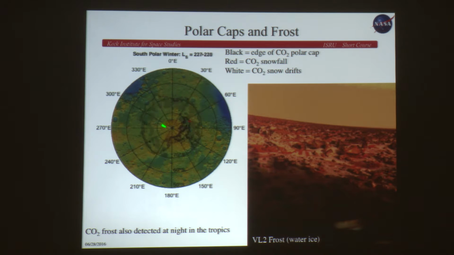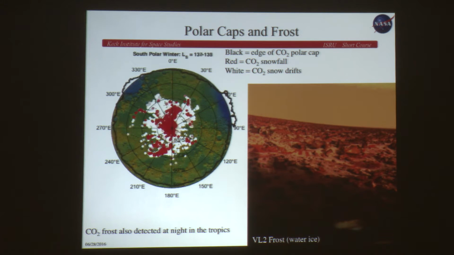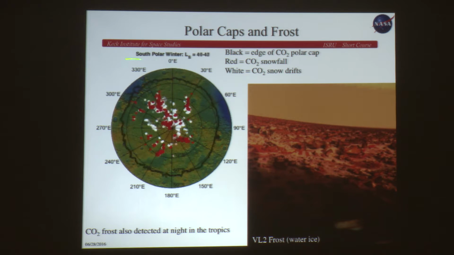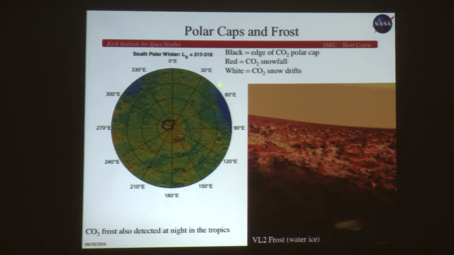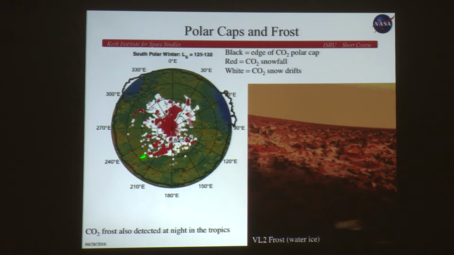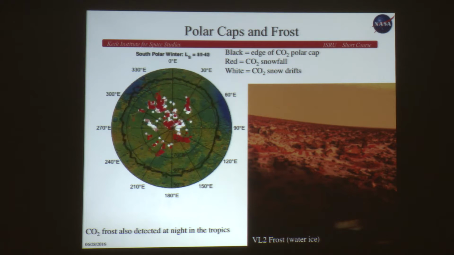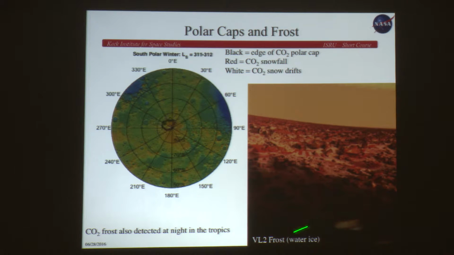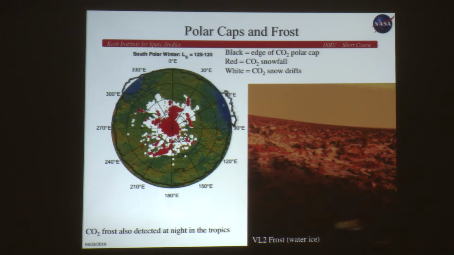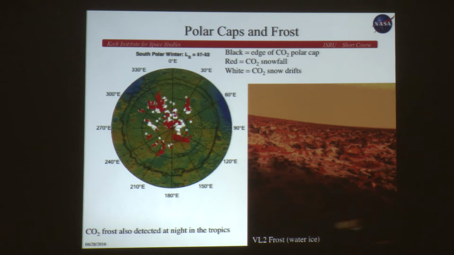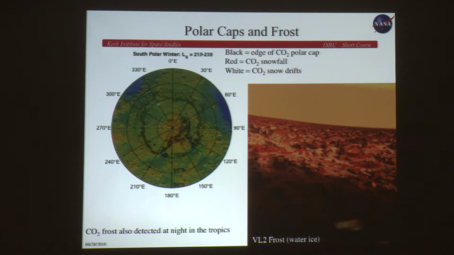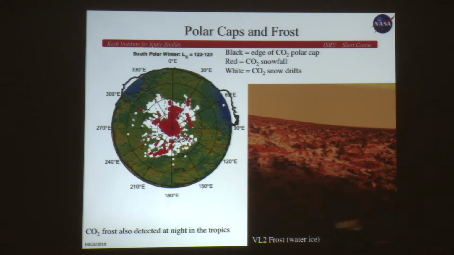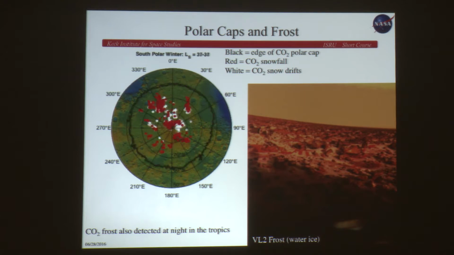Mars at the South Pole has a very small residual polar cap that sits there throughout the summer, but during the winter season it grows out to 50 south, so it's a very large seasonal polar cap of frost that develops. In addition to the CO2 polar cap that we see every year, we also have water ice frost. For example, this is a Viking Lander 2 image of water ice frost shortly after dawn on the surface that they saw. Most recently, we've found that parts of the surface of Mars, even at the equatorial regions, have CO2 frost on them every night, so that they get frosted at least during part of the year on a regular basis.